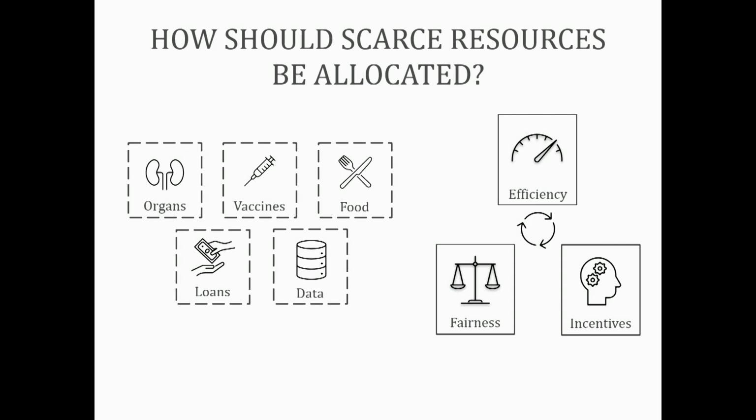My research is trying to understand how to do this allocation in an efficient, incentive-compatible and fair way. So trying to balance these three things: efficiency, fairness, and incentives. But I'm primarily a theoretician, a theoretical computer scientist. I'm not going to show you a bunch of math. Instead, I'm going to ground everything to a specific application, and tell you about the work of my group in that application.